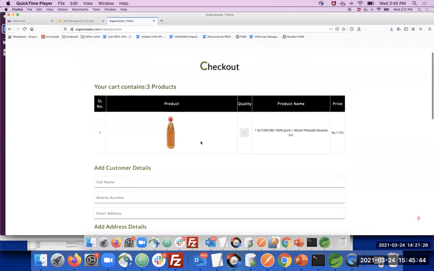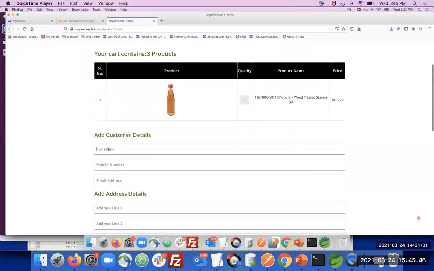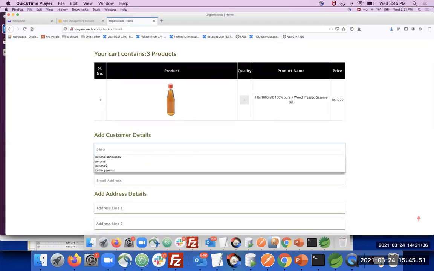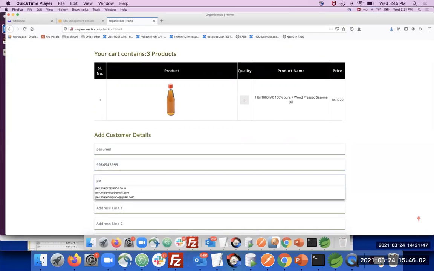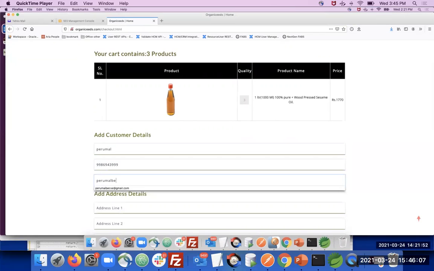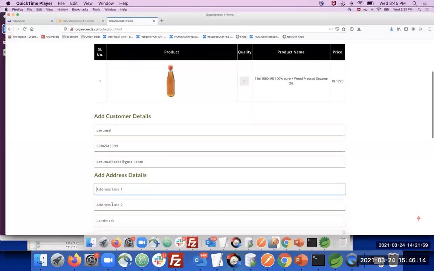Here it will take you through the checkout page. Here you need to give your name, mobile number, email address, and shipping address. All those things you need to provide. Here I'm giving my details, mobile number, email address. Okay, address I'm giving.